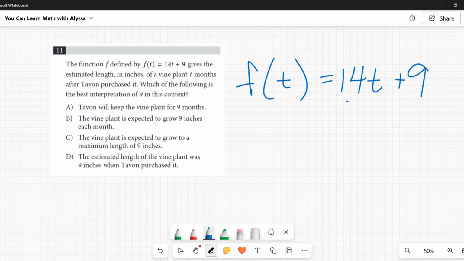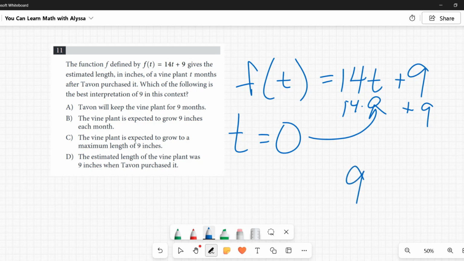All right, so when he purchases it, t is 0 because it's 0 months after he purchased it. So what would happen if I plugged in 0 in here? I would get 14 times 0 plus 9. 14 times 0 is 0, plus 9 is 9. So at 0 months after he purchased it,